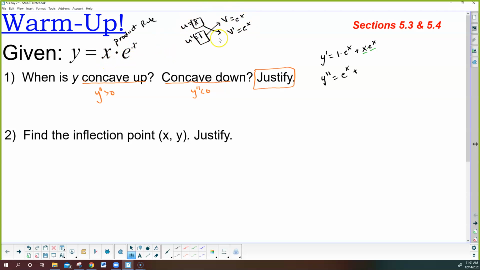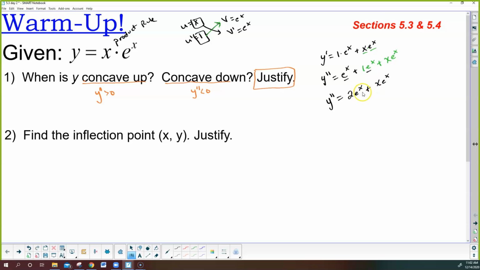So we have the work set up here. I'm going to use just that same format. The derivative of the first times the second plus the first times the derivative of the second. However you make a connection to that, but here's my second derivative. Now, it can be simplified. I have e to the x plus e to the x. That's 2e to the x plus, now I can't add the x e to the x because that's a different